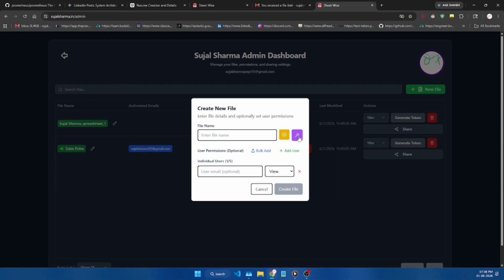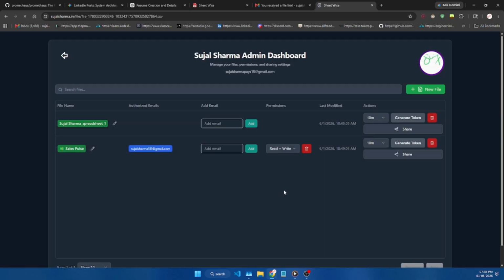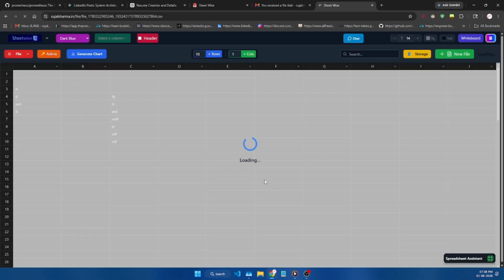You see this generate name tool. You can generate a cool name with that, along with some emoji or something like that. All right, and you can add permissions, and you can assign privileges and users.